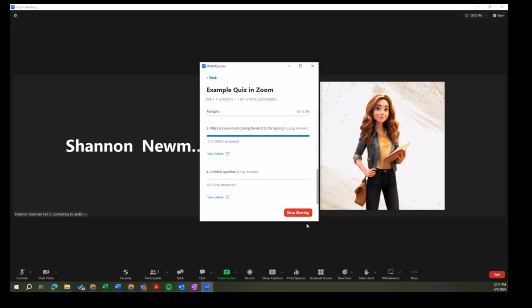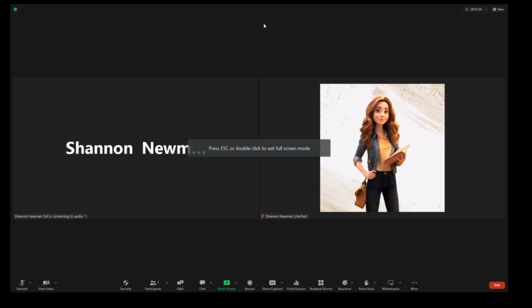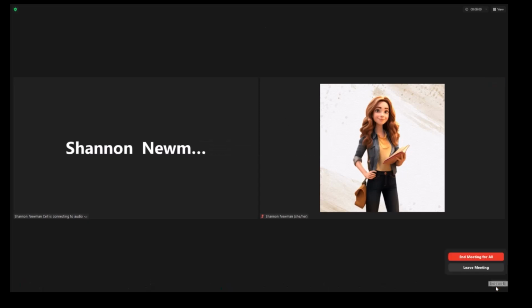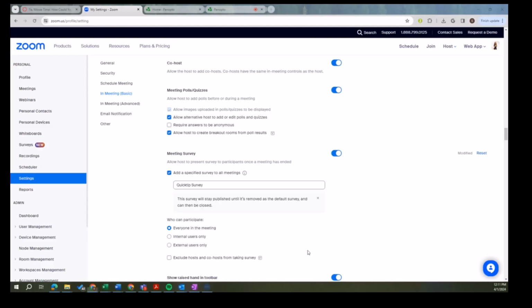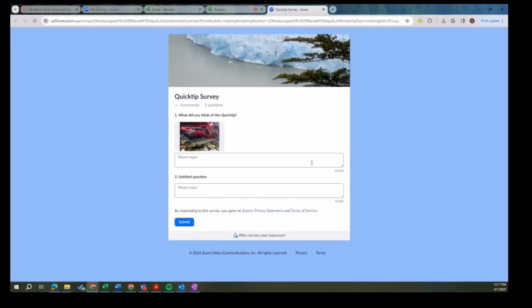Zoom view windows. The last part is the survey. What I'm going to do is end the meeting, and the survey pops up when the meeting has ended. I set this quick tip survey as the default, so this is the one that will come up for participants. Again, it's not super useful unless you're hosting a conference with multiple meeting rooms, but you can always use it as a formative assessment for every class. For example, what did you understand? What questions do you have? To make that routine for students.